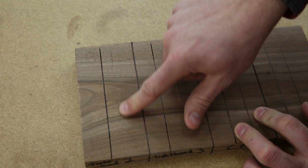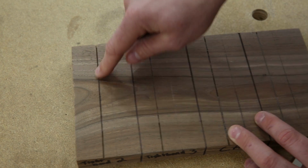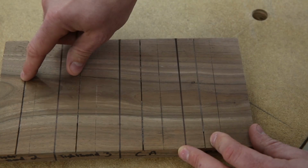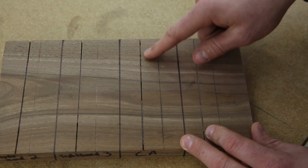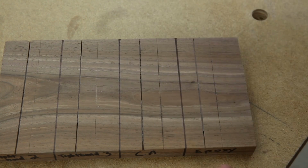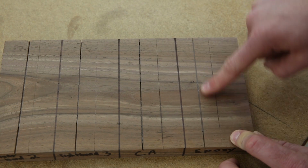The one that really looks the best to me in the thin crack is Titebond 2. Now, if you look at the thicker crack, pretty much they all look about the same to me. Titebond 2 might be a little bit darker. CA glue just does not look great to me. There's a few spots where it's pretty good, but it just got voids in it. I think it just dried too fast that it could not get a good fill. Epoxy fills really, really nice, which I expected, but I don't think